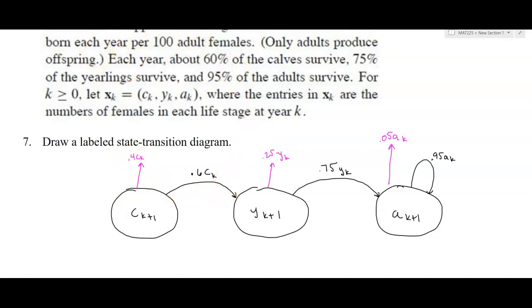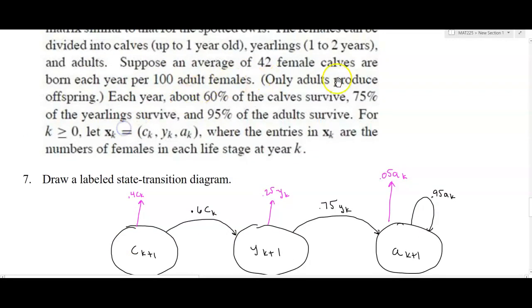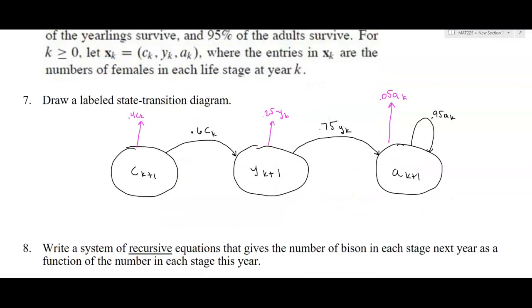And also, we're told that 42 female calves are born each year per 100 adult females. So like our last problem, that means only the adults are going to contribute back to the calves. Now you can imagine that if we didn't have this arrow and there were no bison being born, eventually all the calves would become yearlings, which would all become adults, and then progressively those adults would die off at 5% a year. But we are getting